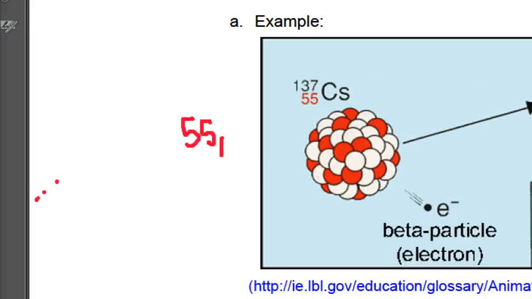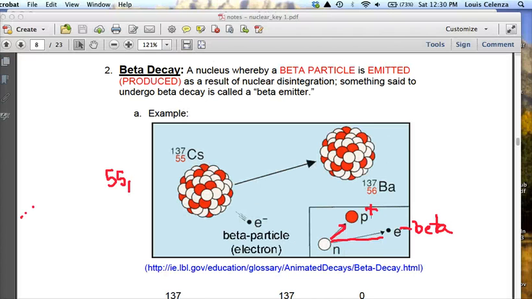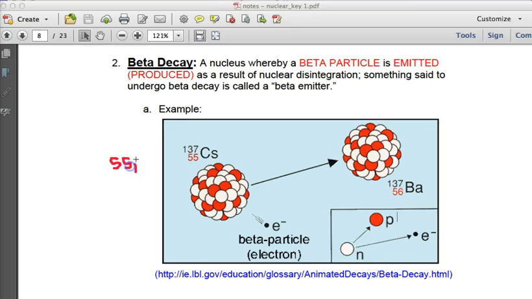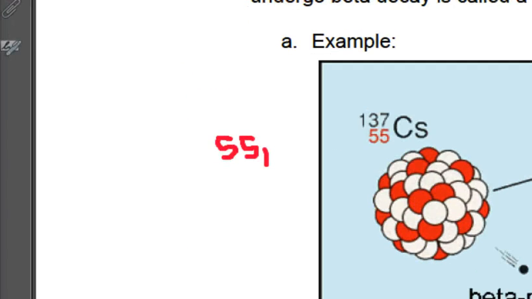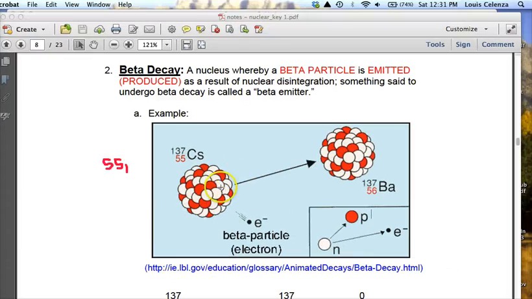Okay, not sure what's going on here. It's getting huge. There we go. Okay. So again, we said that the nucleus has 55 protons. Oh, God. Try it again. It has 55